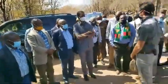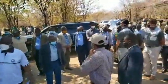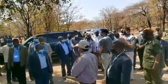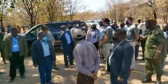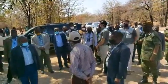Our fish come from a variety of sources. We've got this dam that we've just harvested, which we got from the Zongwe. The second dam you'll see we got from Livingston, and the third and the fourth dam are